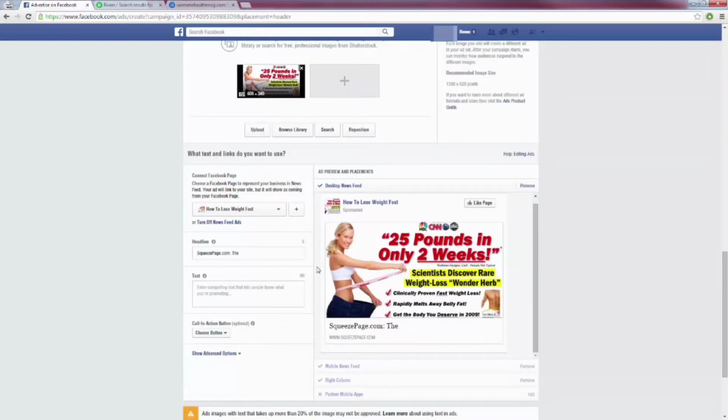Now, for your image here, there are some things that you can try to catch people's attention, because when people are browsing through their news feed, they're seeing all these different images, and you kind of have to think outside of the box and really create something that's different and captures their attention. I recommend having some kind of bright border around your image or some kind of bright background, or a play button, using weird font, using someone's face or someone's body, something that stands out, and always have some sort of call to action, okay?